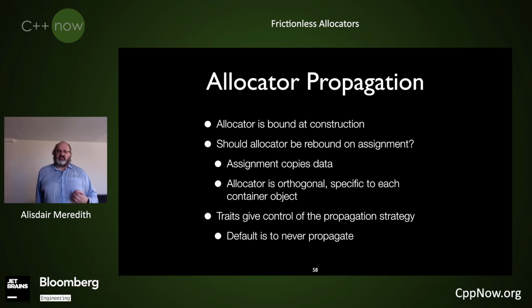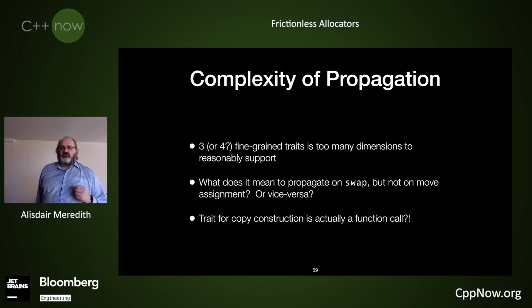But again, this is a source of complexity and confusion with C++11 allocator models, that we now have these fine-grained traits that control the notion of propagation. And that leads to complexity in the general case, because we've now got multiple fine-grained traits that are controlling different aspects of allocator propagation. So what does it mean if they disagree with each other? I'm trying to support an allocator that maybe says don't propagate the allocator on swap, but do propagate it on move assignment. So how does swap work if it can't use move assignment, or vice versa? Getting consistency in these cases is frustrating, and it's something I don't want to be worrying about too much.